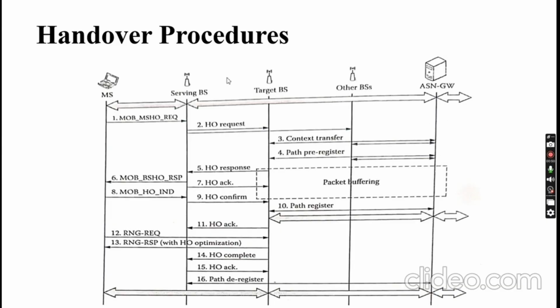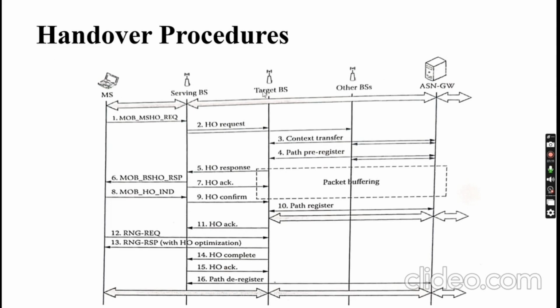The gateway will check the nearby base stations and select the suitable base station for this current mobile station, and it will give a context transfer. Context transfer means giving the mobile station an opportunity, or giving it a suitable base station. So if there is availability, if there is a possibility for